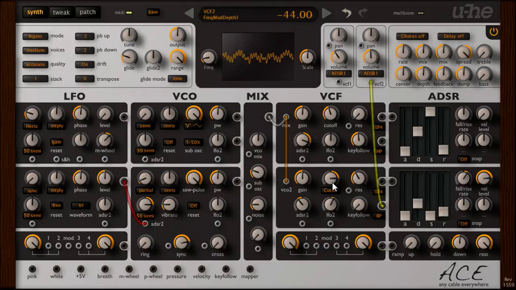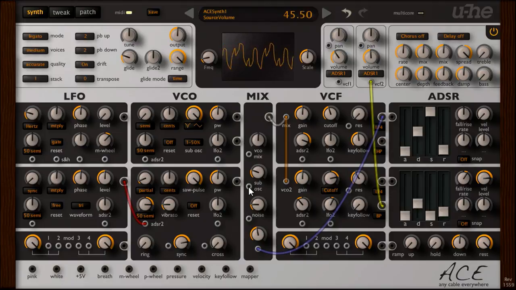I'm also going to wire filter 1 back to the extra input at the bottom of the mixer. Turning this up creates a feedback loop around filter 1. Unlike the classic trick of wiring an analog synth to its own external input, it makes the sound thicker and warmer.